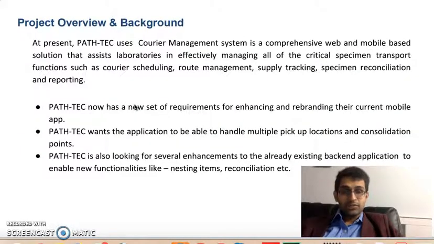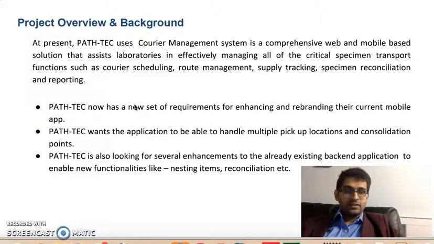For the members who have newly joined the team, I'm going to give you a brief overview of the current project, and from then onwards we can get started. Partech is a courier management system, and they provide logistics services for drivers and couriers who are picking up specimens from laboratories. Say there's a hospital or a lab and they want to transfer the specimen to another hospital or another lab. Partech provides the logistics and API, the app for those services, so that the drivers or couriers can pick those specimens and deliver them to the right location.